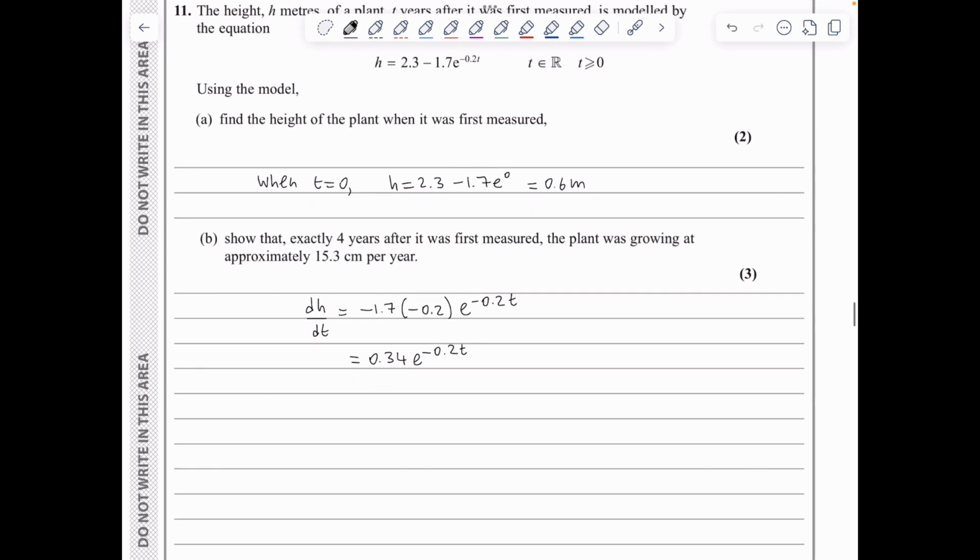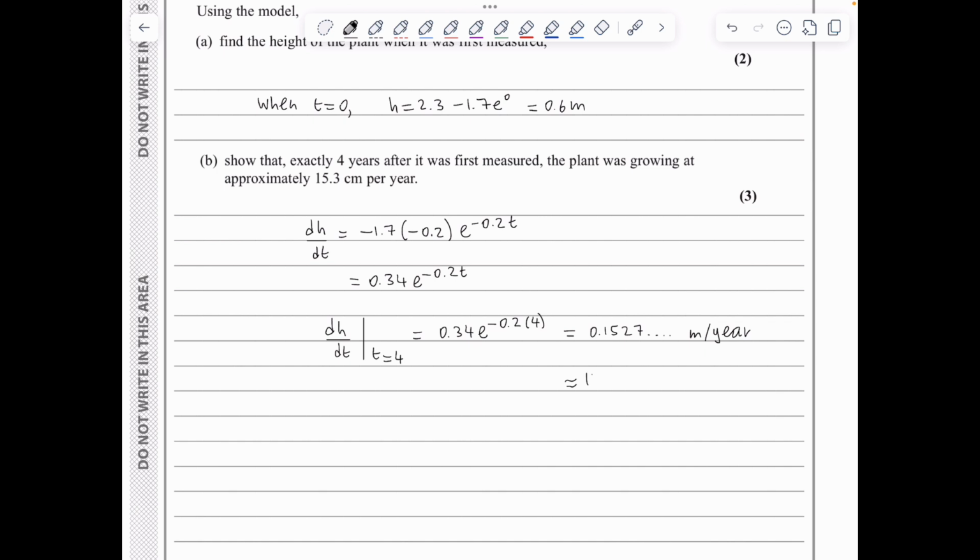Now I need to proceed in evaluating this. The derivative at t is equal to 4 because we're looking at 4 years after first being measured. So it's going to be 0.34 e to the minus 0.2 times 4. If I plug this into the calculator, I get 0.1527... which is meters per year. It's a show that question. We need to arrive at 15.3 centimeters per year. So I need to give more accuracy before arriving at the final answer. So from meters to centimeters, I multiply by 100, and we can see that this is 15.3 centimeters per year